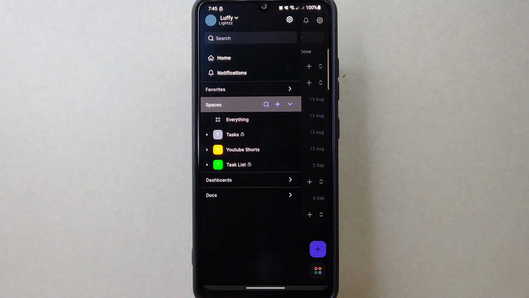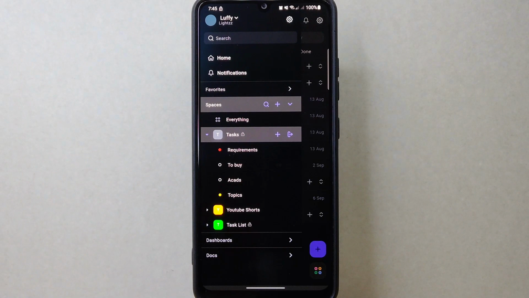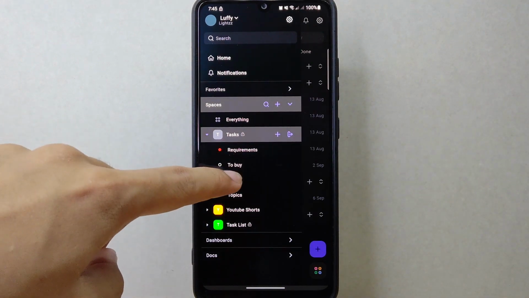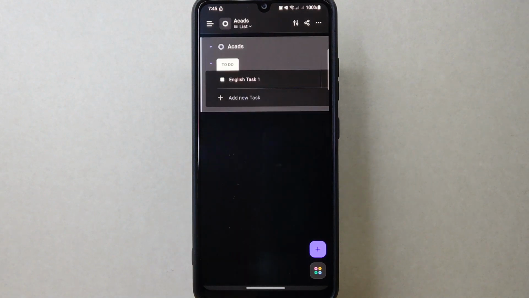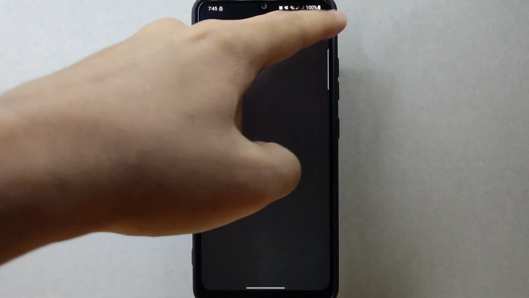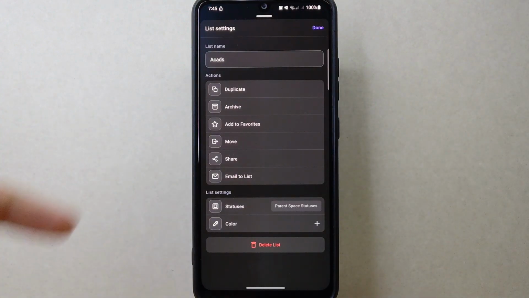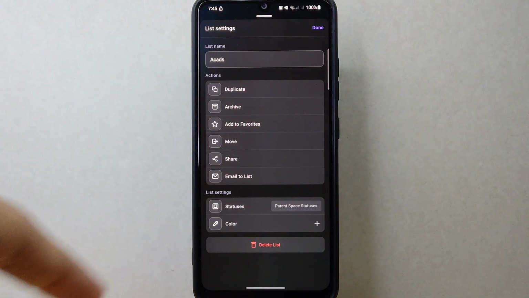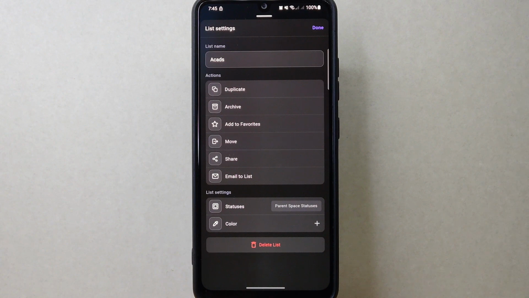In this list of spaces, select the one that contains the list that you want to duplicate. Once you have found the list, simply tap on it. Now, in this page, tap on this three dots icon at the top right corner of the screen. After that, a window with various options will appear, and here, since you wanted to duplicate this list, simply tap